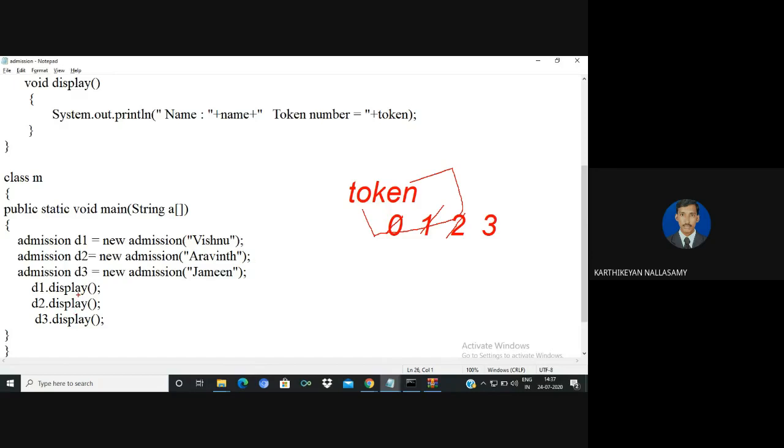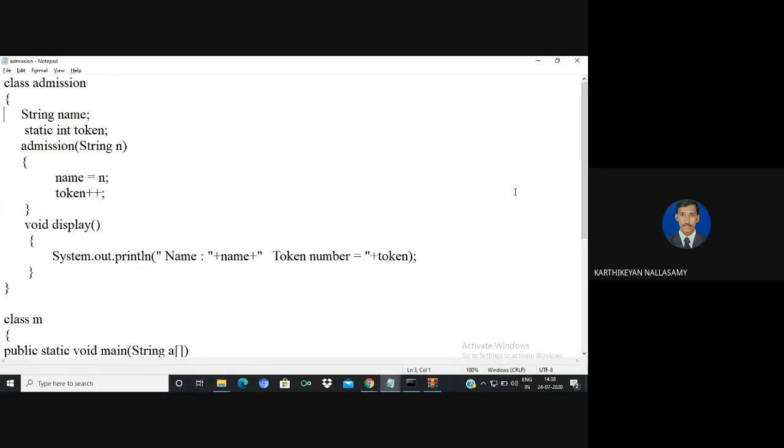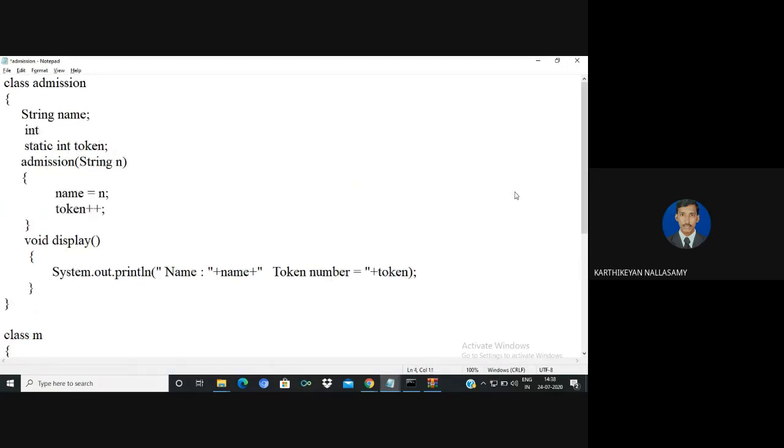Then if you try to display the value of name, the name is taken from the instance variable of the object, so the instance variable name is Vishnu, and it prints the value in token. So the value in token is 3. Clear? So it will display 3, 3 like this. If you want to assign it differently, you have to assign one more instance variable, the current token number.